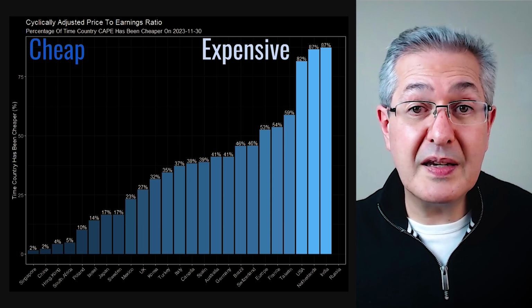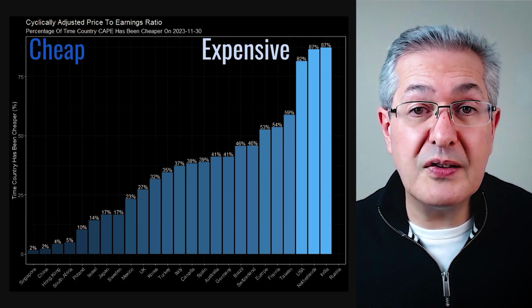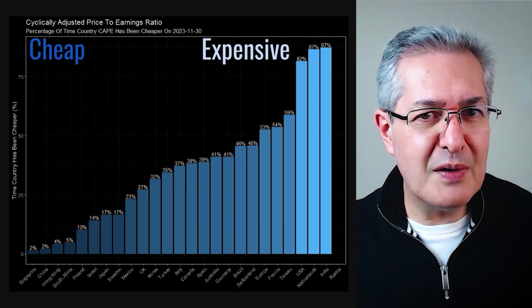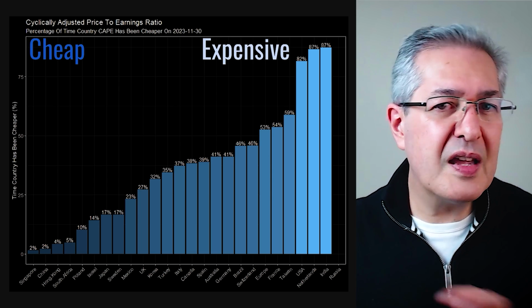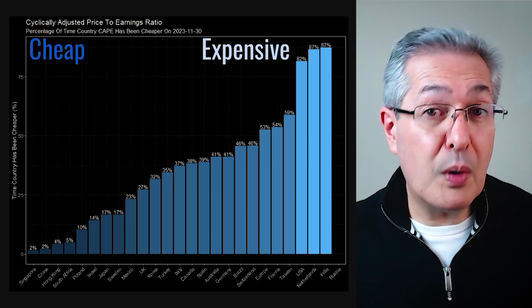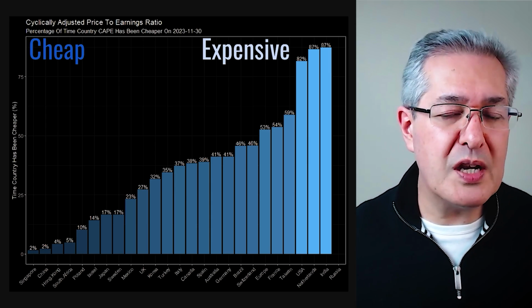So if you are feeling particularly brave and you're a contrarian investor, then typically you'd look at these cheaper countries, which are usually cheaper for a reason, and think about whether that represents an opportunity. And often it does. And probably you'd keep away from countries which are overvalued. But you'd probably have to do this for more than one measure. This is just the CAPE measure. And that way, by using a broader set of measures, you'd have a better idea of which countries are expensive